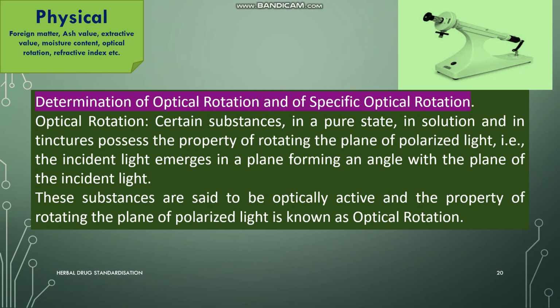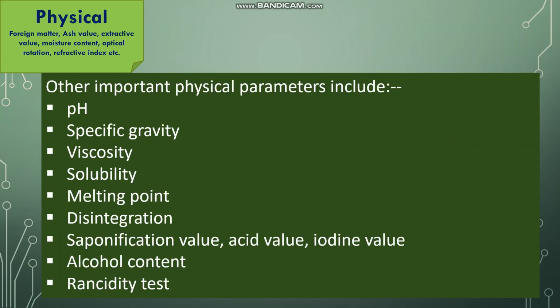So yes, we also know that the substances which can rotate the plane of polarized light towards the right side are known as dextrorotatory, and the substances which can rotate the plane of polarized light towards the left side are known as levorotatory. So with the utility of these substances having chiral carbon, we are able to calculate the optical activity also.